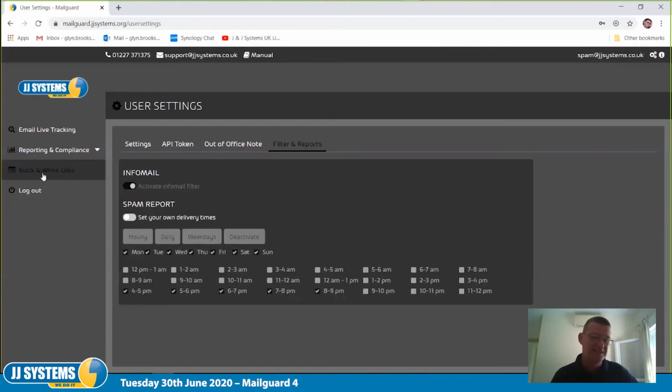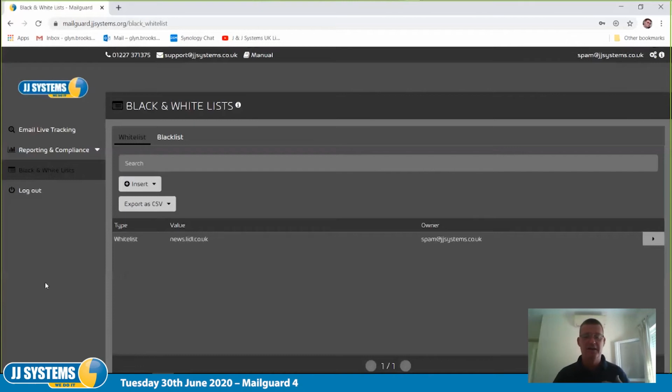Then we've got the lists. Now here we have a selection of things that we've whitelisted and a selection of things that we've blacklisted. If we regularly get emails from a reputable company, like Lidl, for example, and they're getting caught in the spam filter, why? Who would associate Lidl with spam? Probably someone that buys spam from Lidl. But anyway, the important thing is if they were getting caught in the spam filter and we didn't want them to get caught, then we can just whitelist them. So I can literally